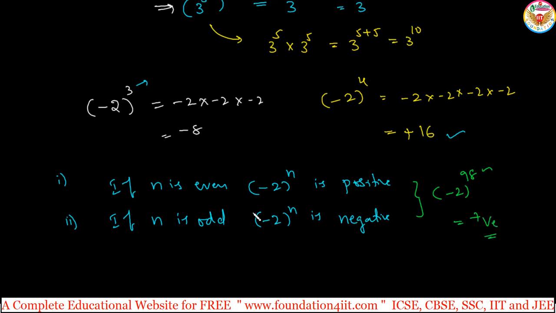Minus a to the power n. In general, not only minus 2, in the place of minus 2 we can take any number, minus 3, minus 4, any negative number, and this is the rule we can apply. And negative integral power, negative integral exponent, I'll explain clearly now. That will be helpful for this quotient law also.